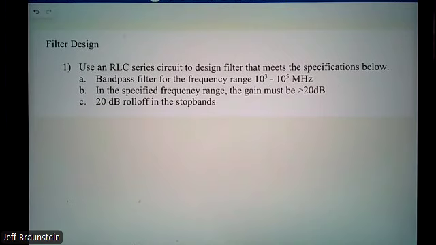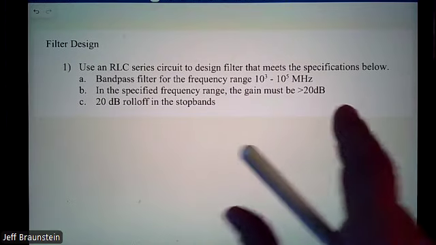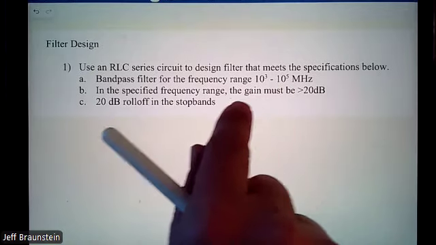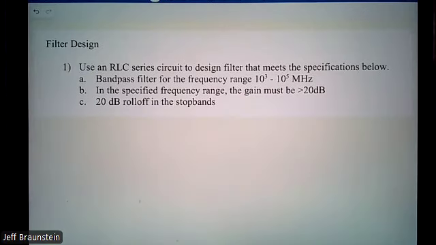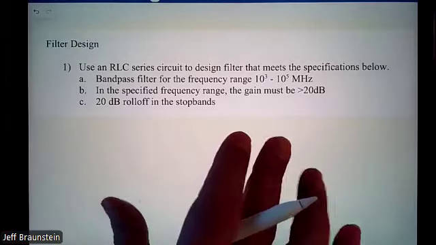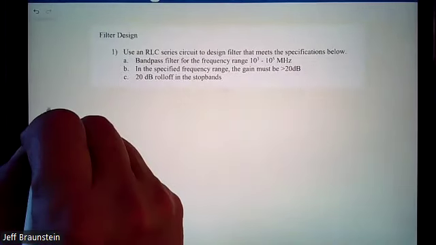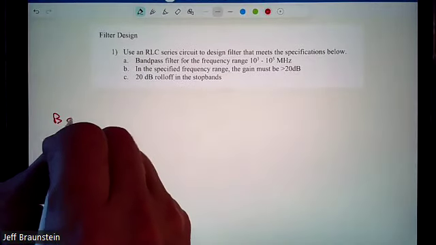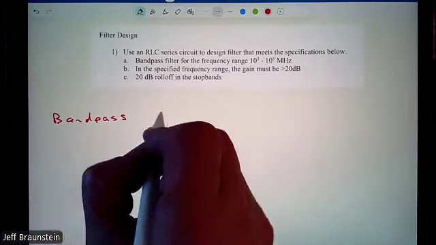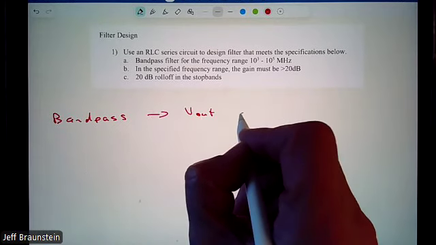Not good discussion style. So anyway, yes, bandpass filter, we're going to measure across our resistor. To point out here, we're looking at item C. If our stop bands are 20 dB, and we can draw this out, and I've asked you to do this as part of your exercises, but we can set this up. So our frequency range 10 to 3, 10 to 5. What's our interpretation there? So make a little note of what we just said. Bandpass. V out across the resistor.